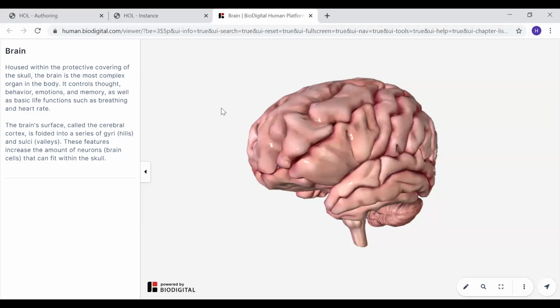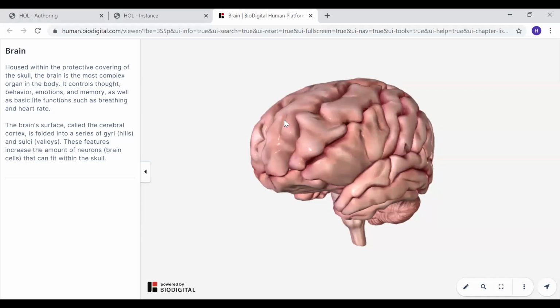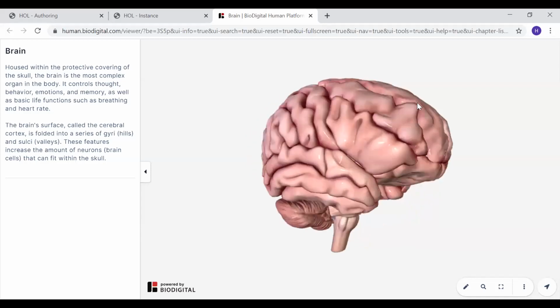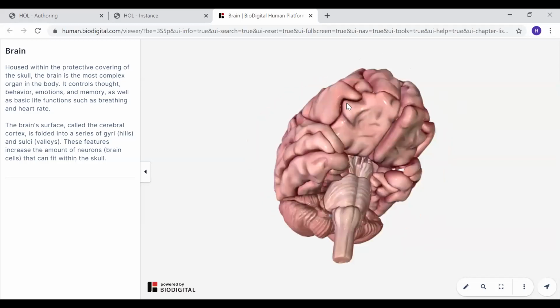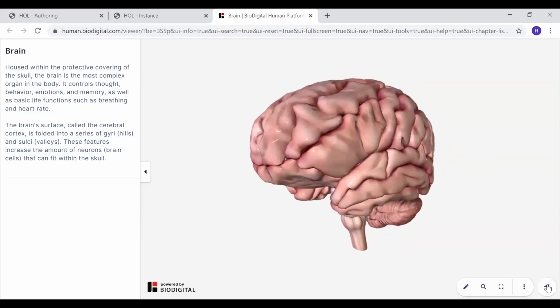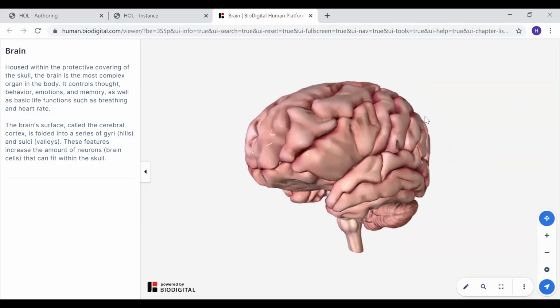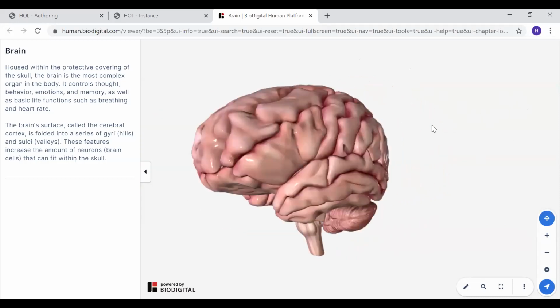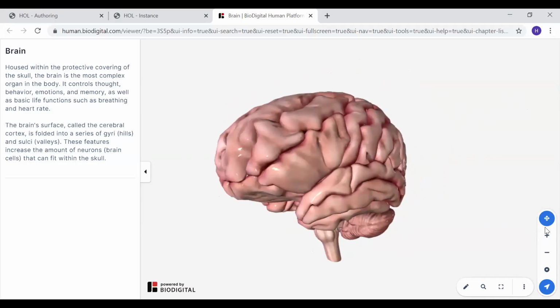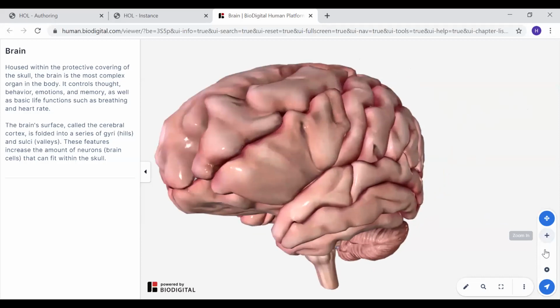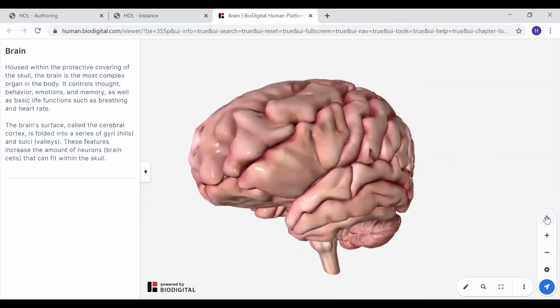One of which is by selecting with their mouse and dragging. They can rotate the model to view it at whatever angle they need to in order to better view the structures in question. By opening up the 3D controls panel, students can switch to a pan mode where they can move the perspective of the model on the screen. They can also zoom into the model or zoom out if they need to zoom in to better view specific